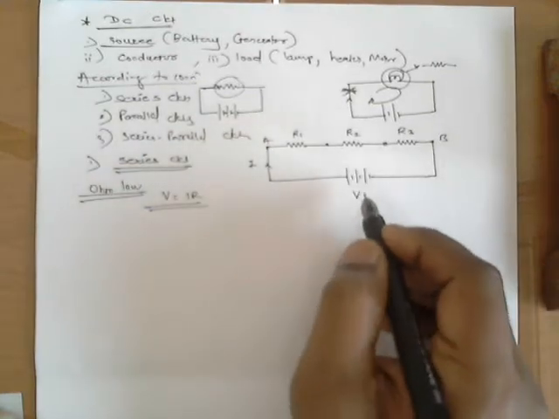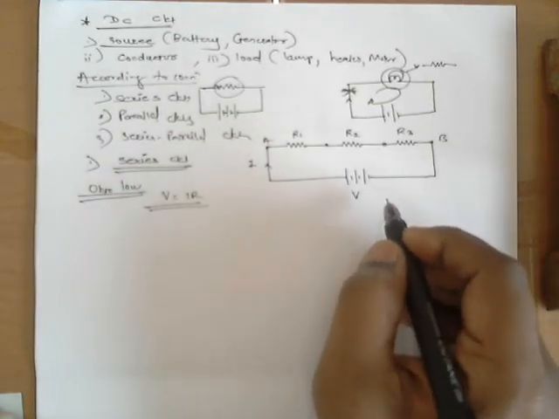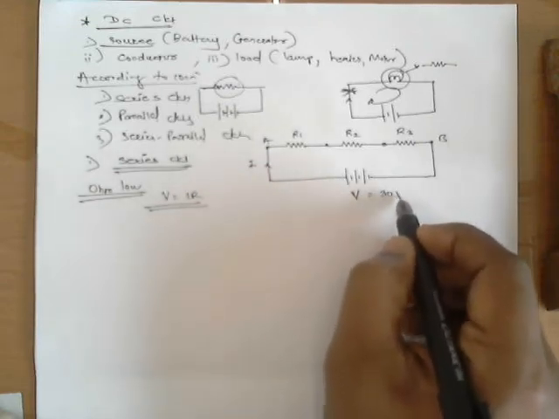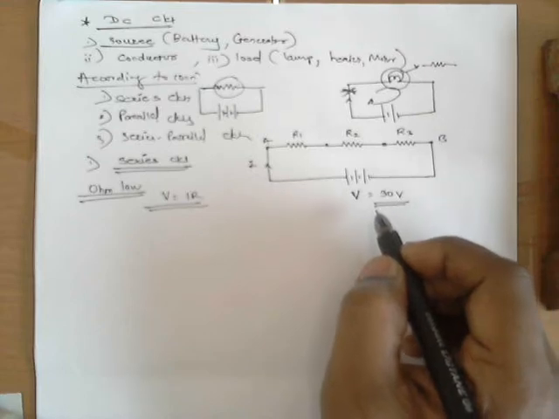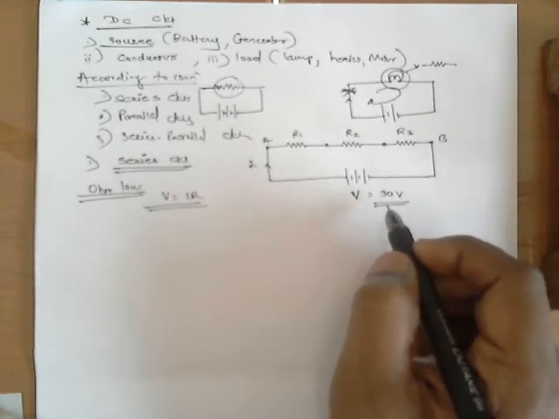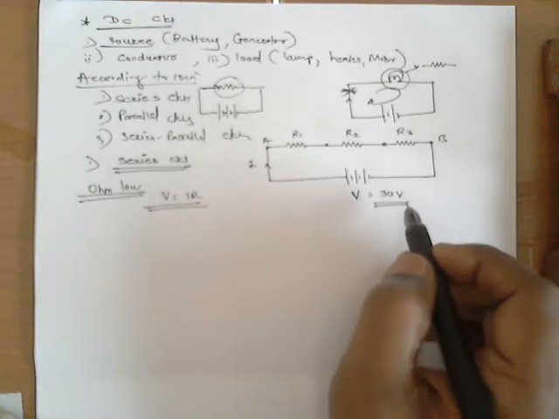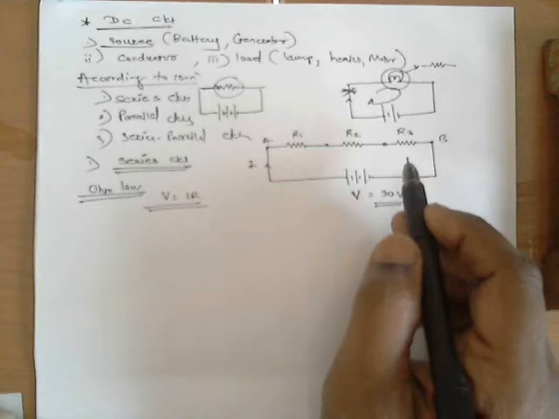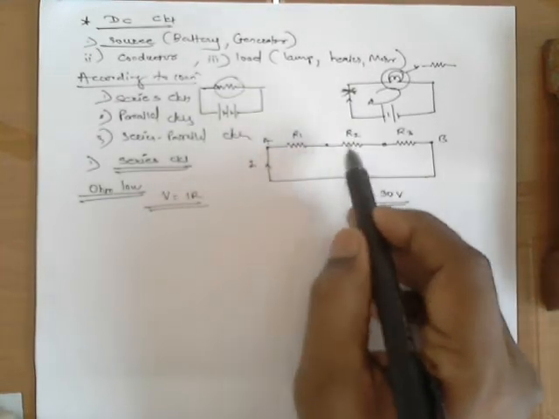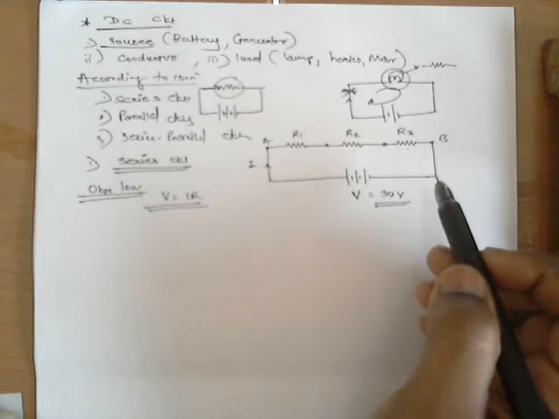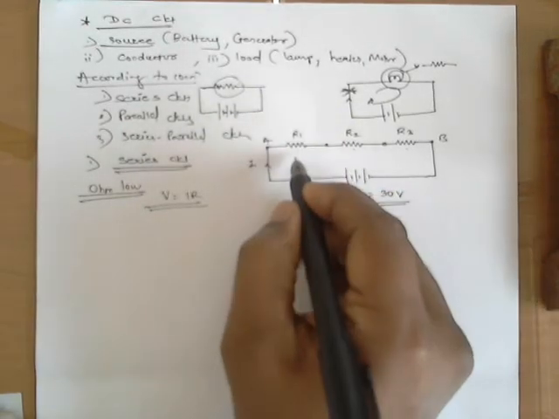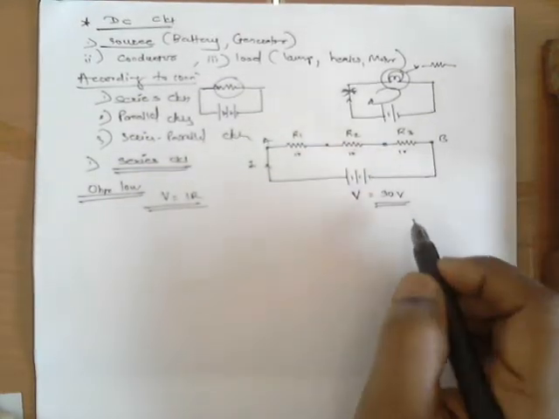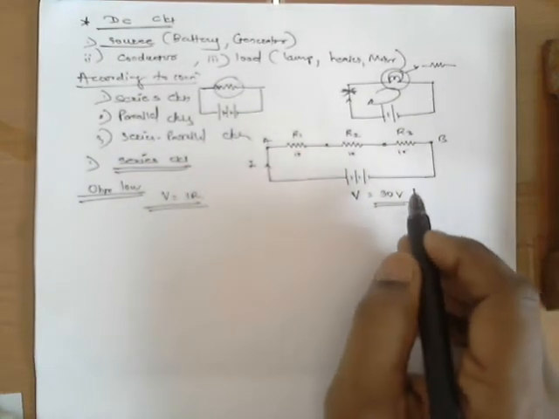As you people are very new to BEE, let me give you one simple example. Consider V is 30 volt. What I am telling is theoretically true. Practically there might be a difference, but I am trying to make your concept clear. If 30 volt is there and these three resistances are equal, then this 30 volt will get distributed in these three resistances. So 10 volt over here, 10 volt over here, 10 volt over here. This is how 30 volt gets distributed.